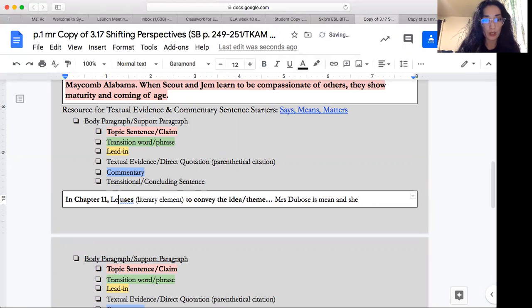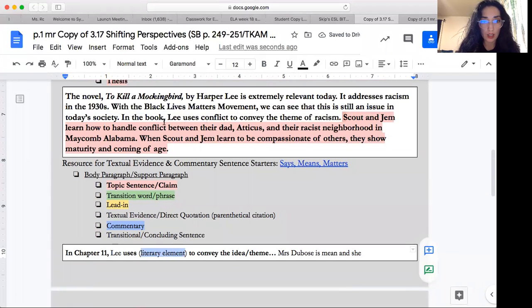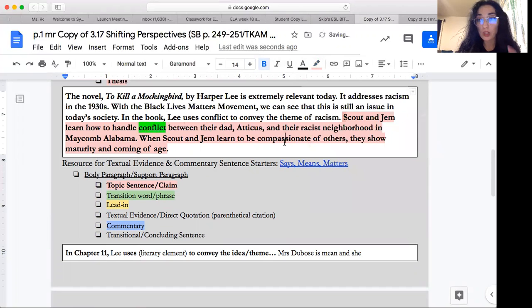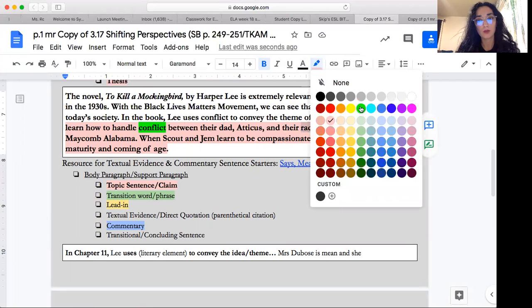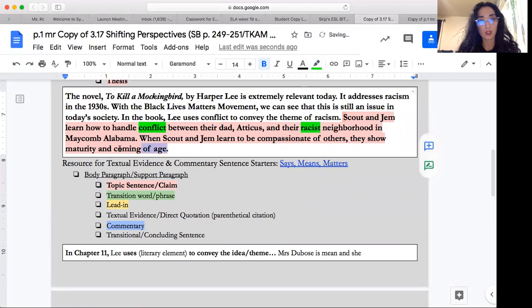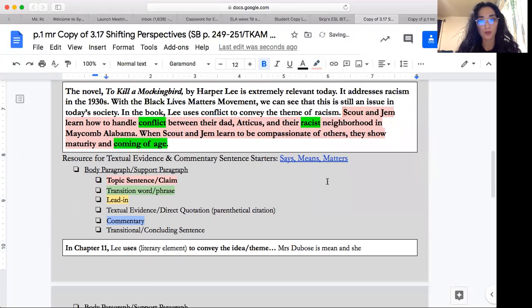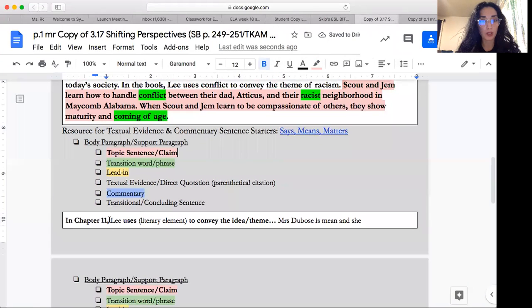In chapter 11, Lee uses, and then for all of these, I decided I'm gonna talk about conflict. And you know what, I think that would be a good idea to do. Maybe highlight your literary elements if you're gonna do 1 or 2 or 3. And highlight your theme. So I kind of have 2 here. I have racism and coming of age. So that's okay. I can combine both. Okay, so I'm gonna say in chapter 11, Lee uses